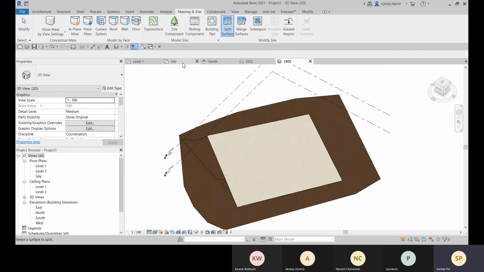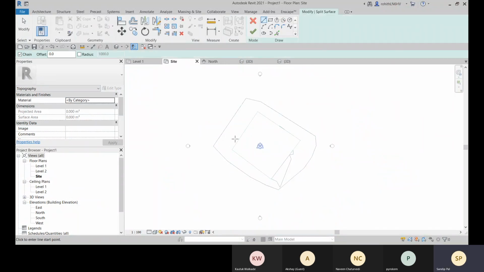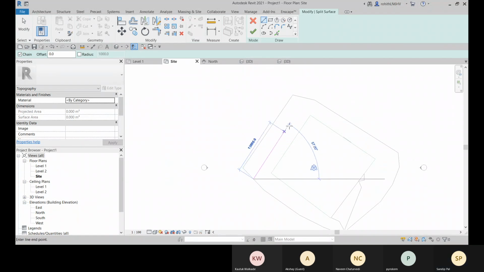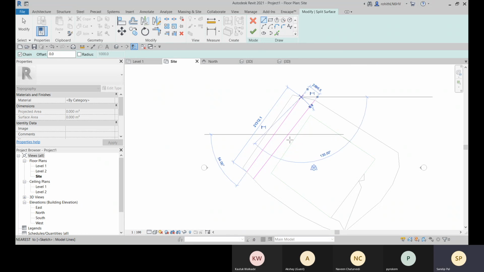So let's go to the site here, go for split surface and then select this. I will create from here to here, then from here to here.